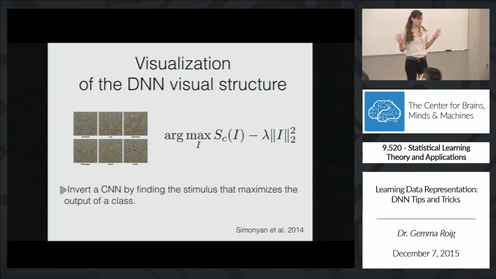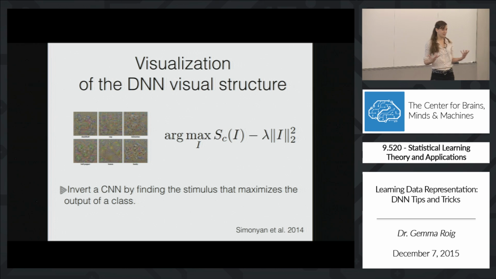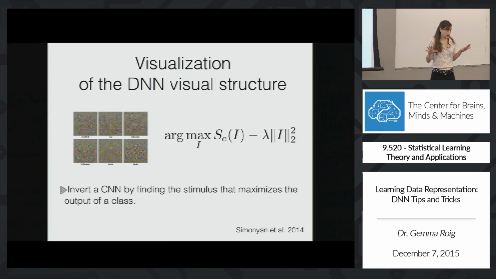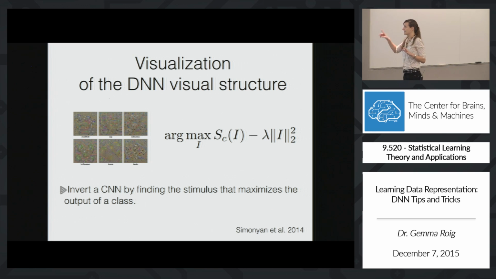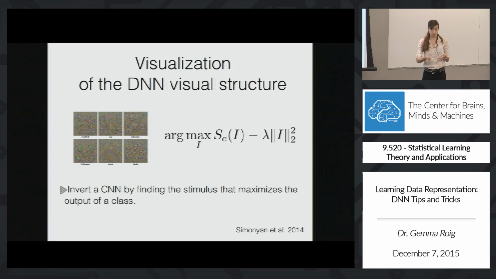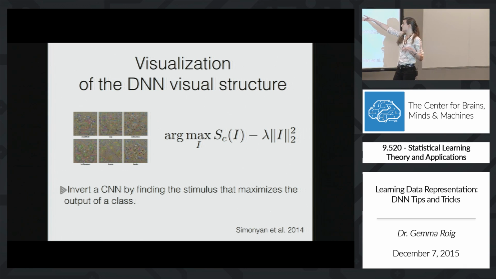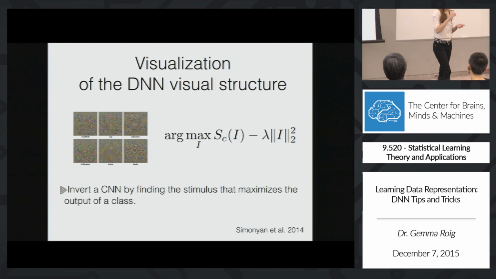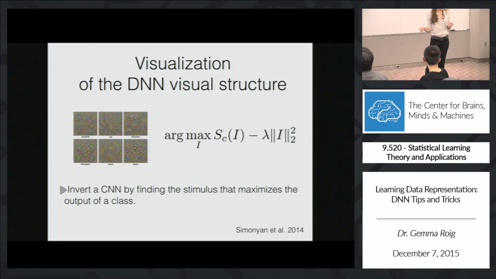Okay, so people have tried many things to understand what's going on in deep neural networks, because nobody really understands why they work so well and what happens in the hierarchy. Another attempt to understand what's encoded in the hierarchy is to see if there is any visual structure encoded in it. What they do is optimize a problem in which they input an image with random noise, and they want to modify the image such that the score predicts a particular label by the neural network. For instance, imagine that you want class C. So you want to find an image that would